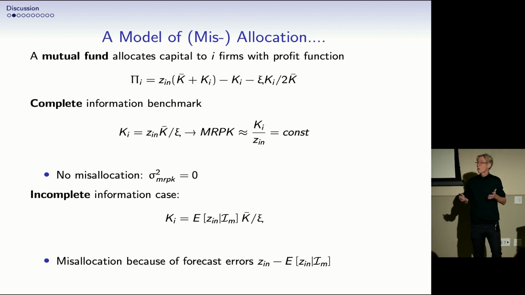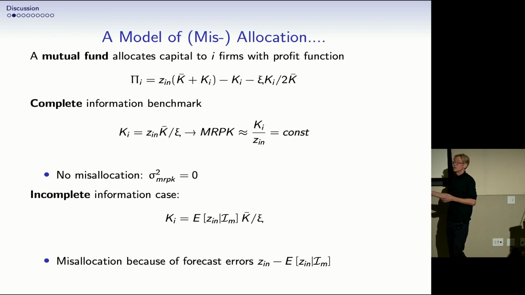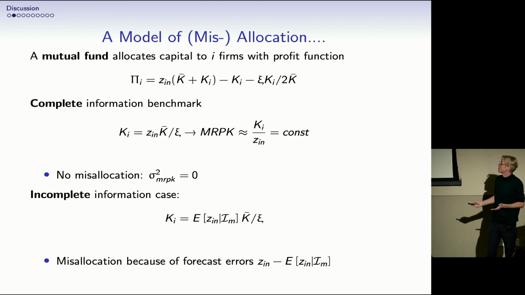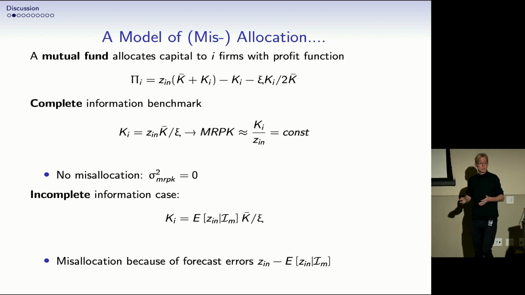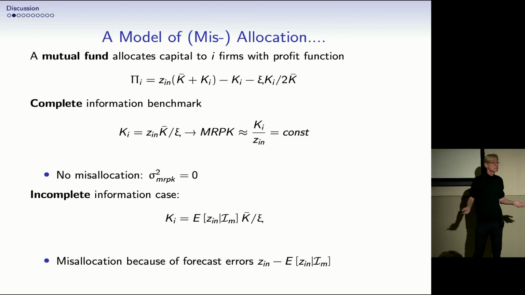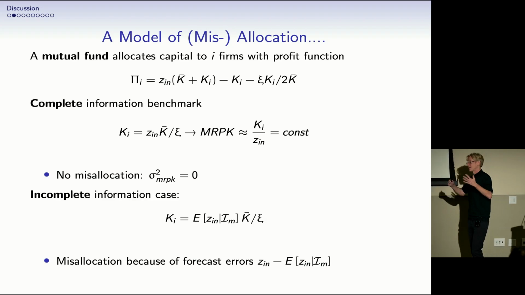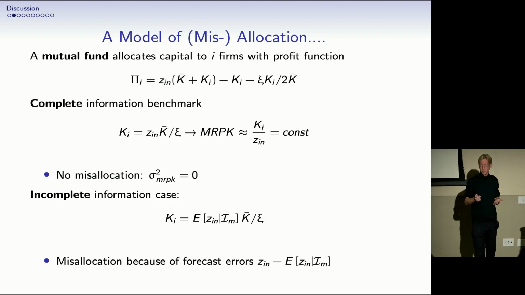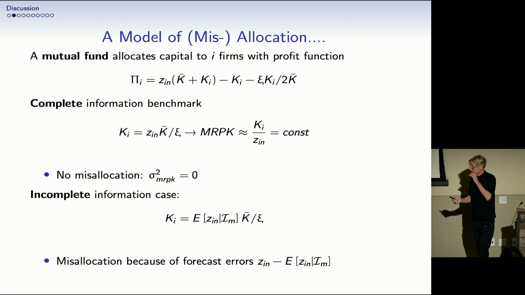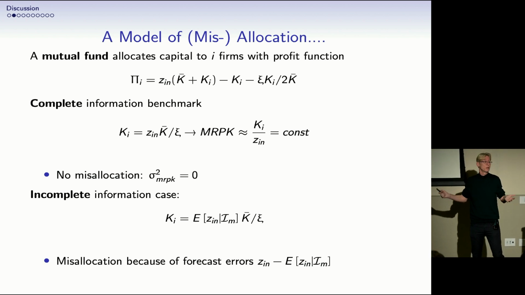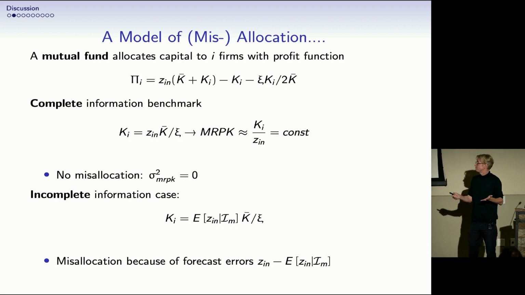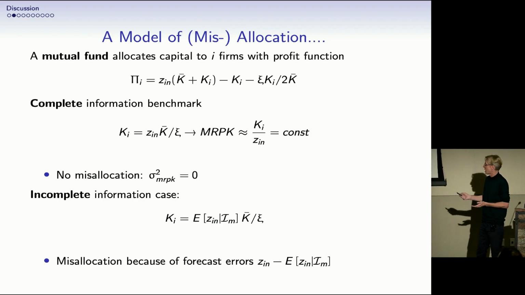Now, the real world is a little more complicated. We typically don't see productivity right away. So we need to make a forecast about what productivity could be. And here it's the mutual fund manager who needs to make a forecast about productivity based on their information set. That's a forecast. Ex-post realizations can be different, so there are forecast errors. That leads to misallocation in the sense that sometimes productive firms get little capital and unproductive firms get a lot of capital. Now, as Joel made clear yesterday, it's not entirely obvious to what extent that's misallocation in the sense that policymakers could do anything about it. They could create more information, but it's not exactly obvious what that would mean.